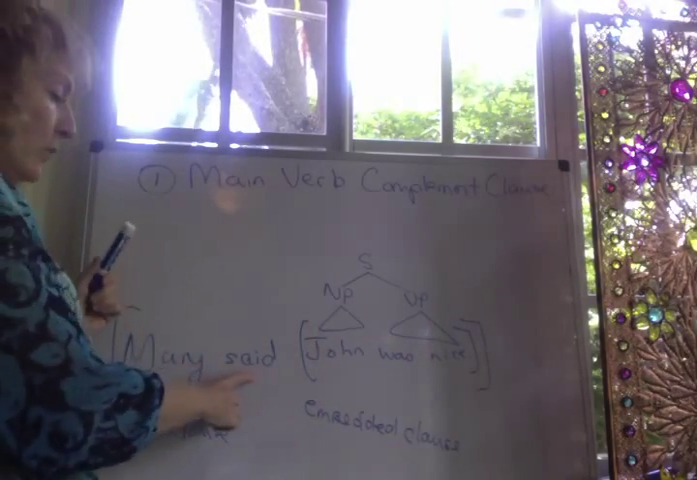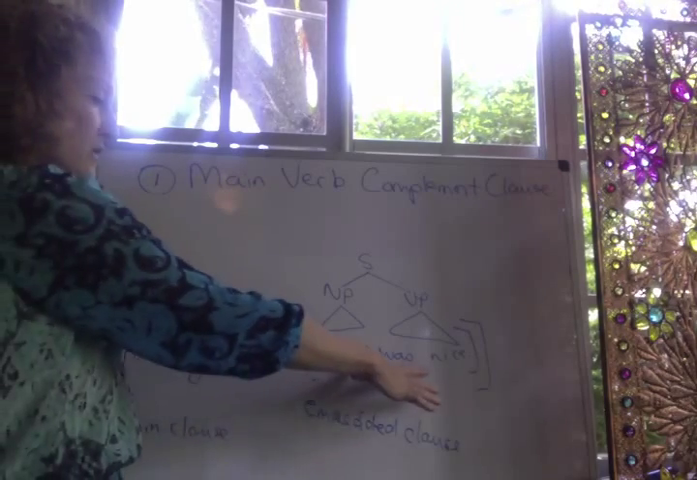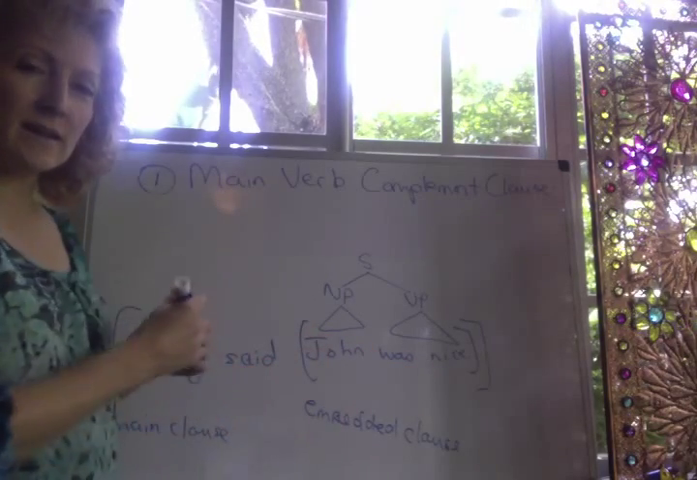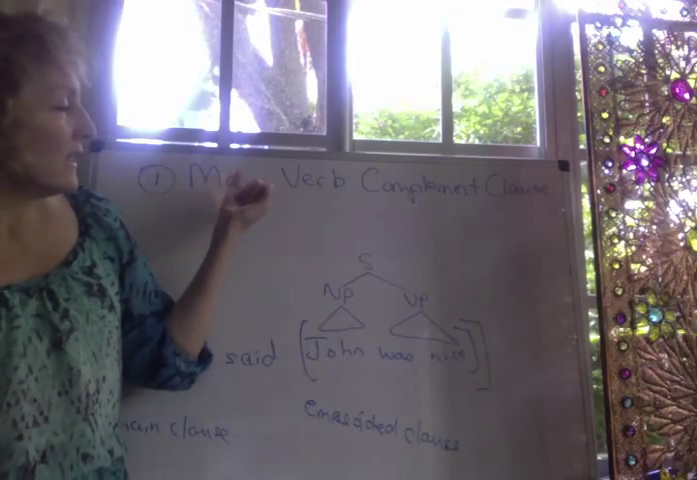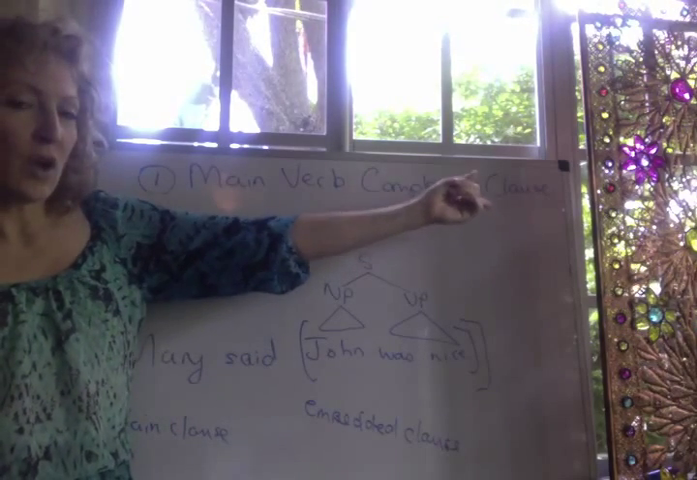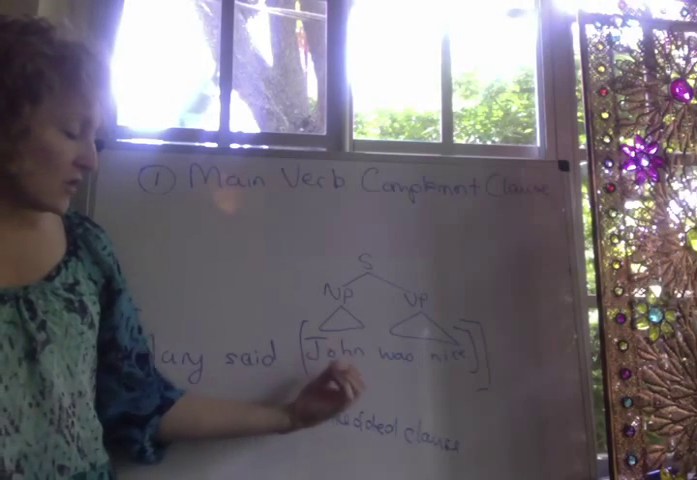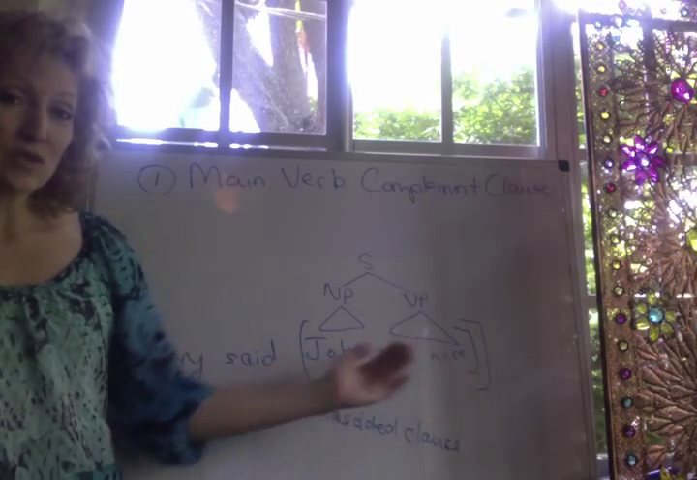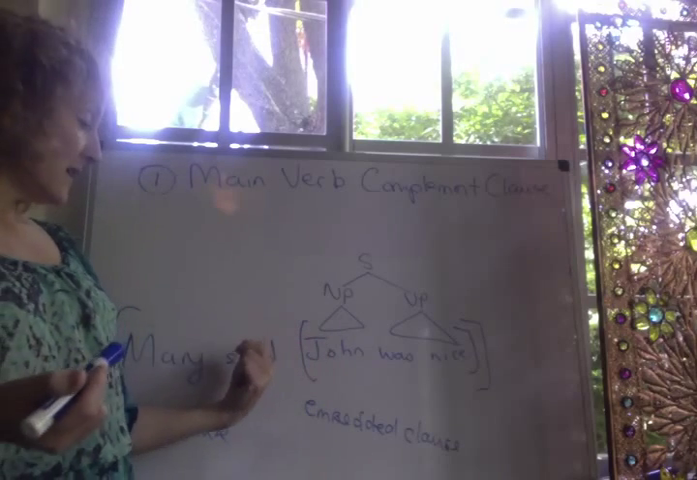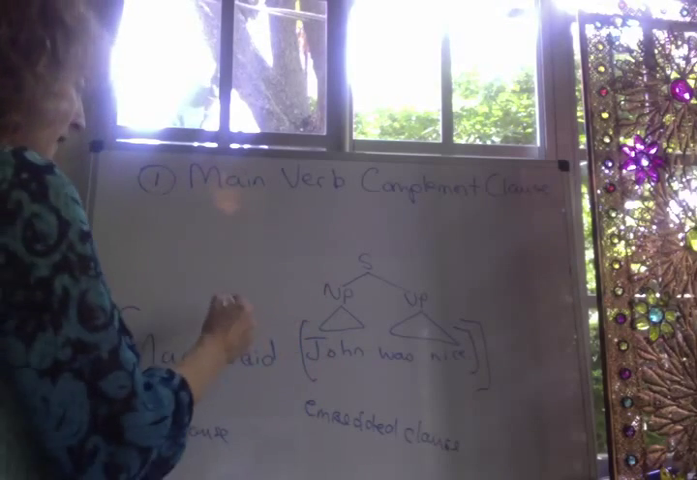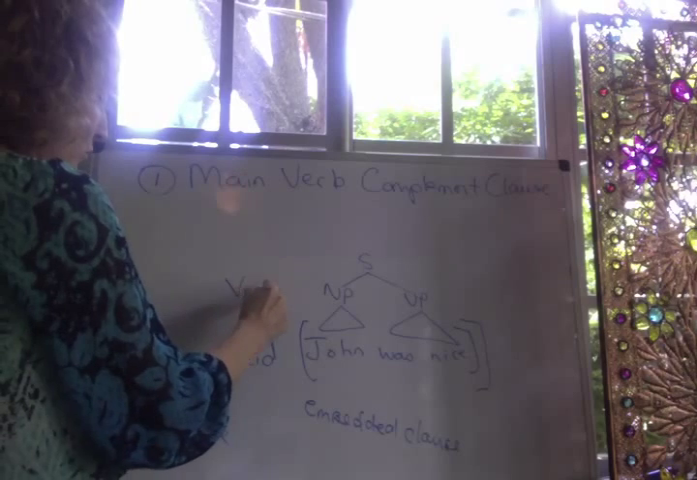So then we come back and we say, John was nice is the thing that was said, right? And that's why we're saying that main verb complement clauses are this type. In other words, what did Mary say? She said John was nice. So John was nice is serving as taking the action of the verb said. So what do we know we have here